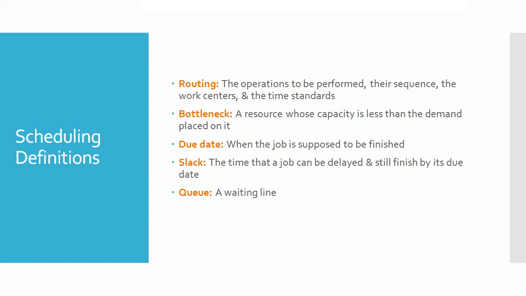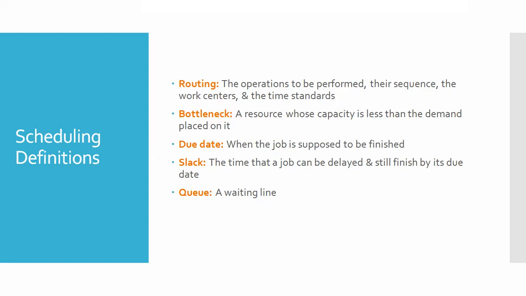So you can say when you can finish the job, it will be there with the due date. You put some date, like I want this particular task completed by this time, and that particular task completed by that time. So what is the due date? When the job is supposed to be finished, that is called the due date.